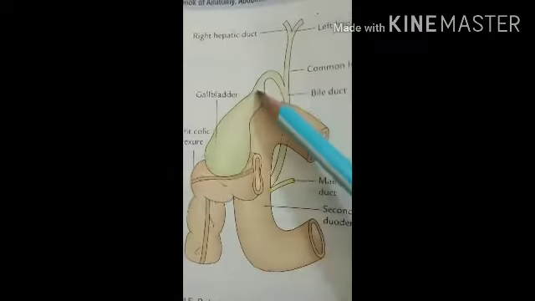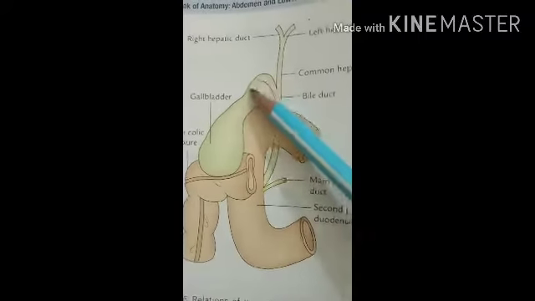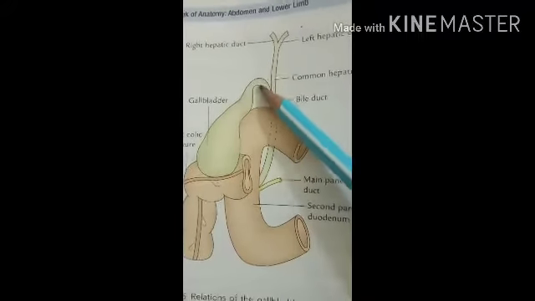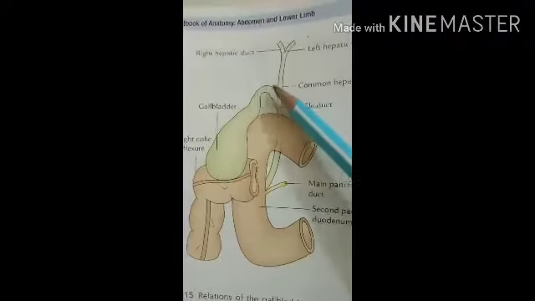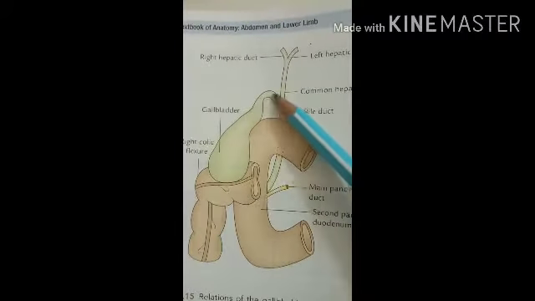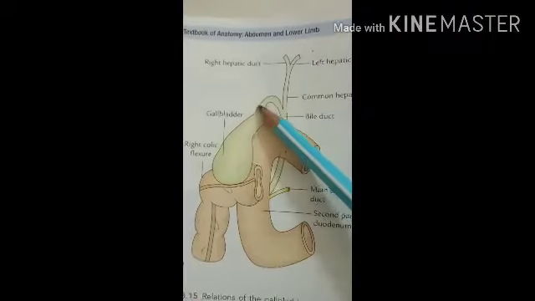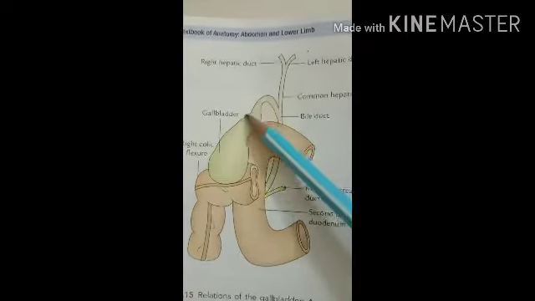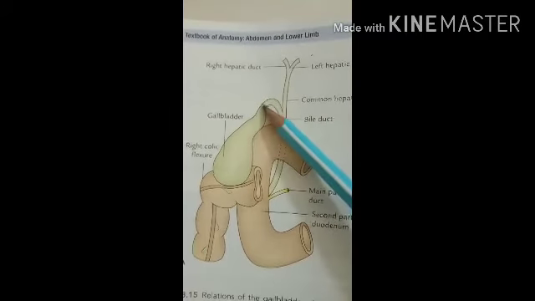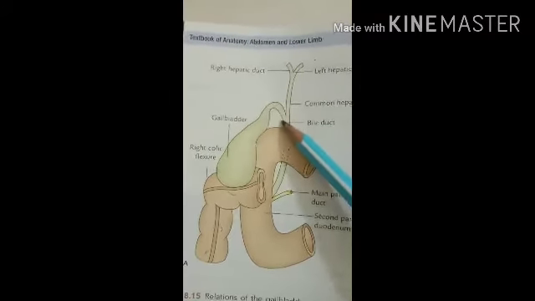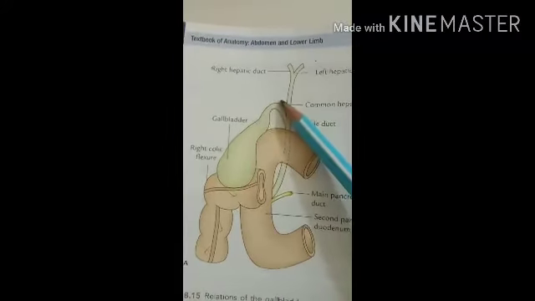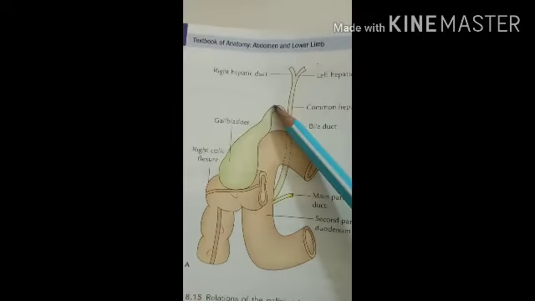After that, let's see the neck. The neck is the narrow upper end of the gallbladder, situated at the right end of the porta hepatis. It first curves antero-superiorly, here you can see the curve, and postero-inferiorly it becomes continuous with the cystic duct. Here that duct is called the cystic duct. The junction is a slight constriction.